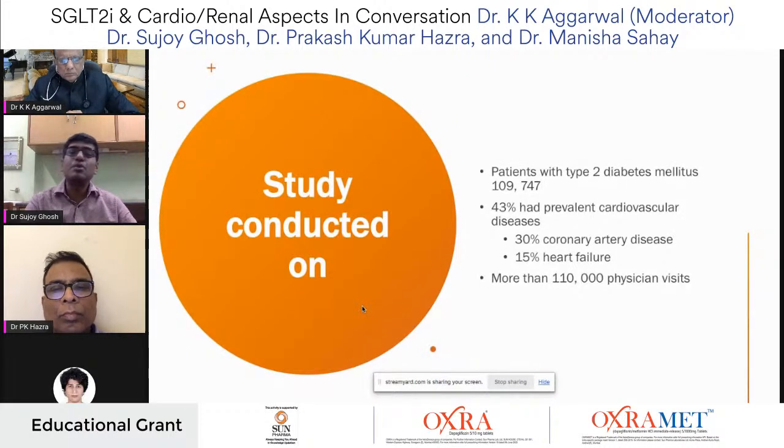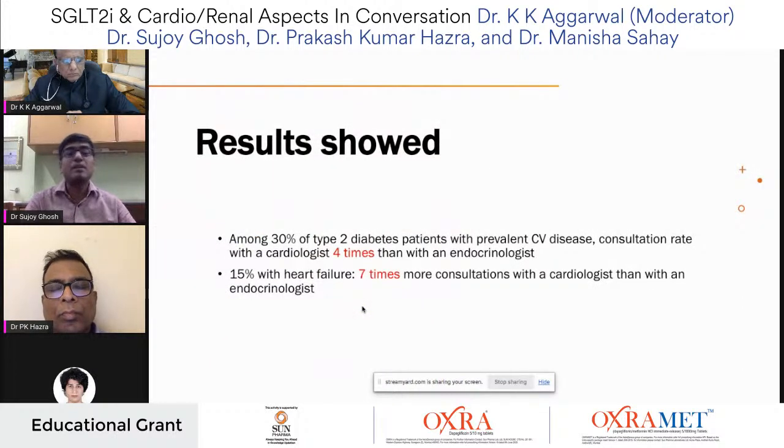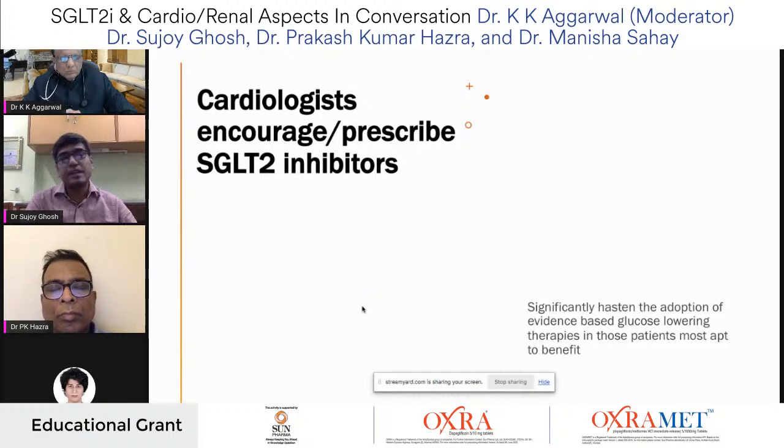A particular study looked at the prevalence of cardiovascular disease in type 2 diabetes. Not surprising that almost 40% of the people with type 2 diabetes had coronary artery disease. And it's a pretty big study which shows that among 30% of type 2 diabetes patients with prevalent cardiovascular disease, the consultation rate with cardiologists was 4 times that with an endocrinologist. Whereas if the patient had heart failure, he was more likely to go to a cardiologist. So we need to work as a team. And cardiologists should be encouraged to prescribe SGLT2 inhibitors, which has already happened. And in future, this is going to be a cardiovascular drug and a nephrologist's drug rather than being cornered as